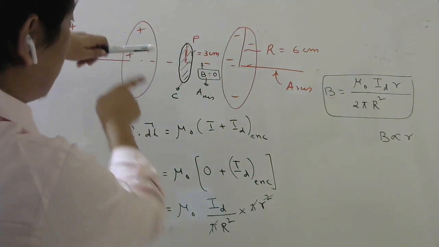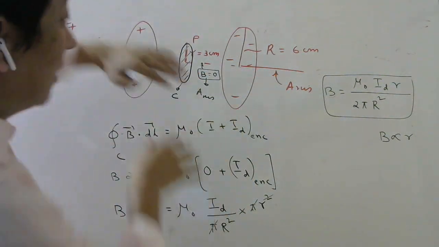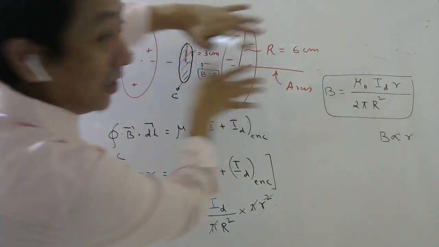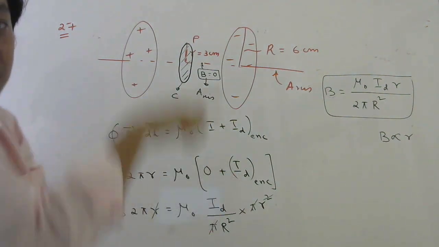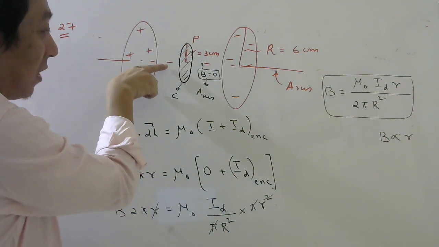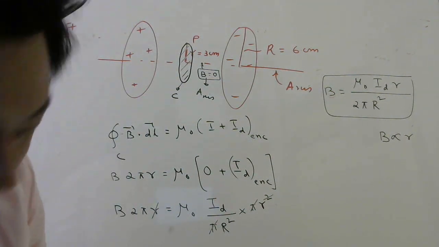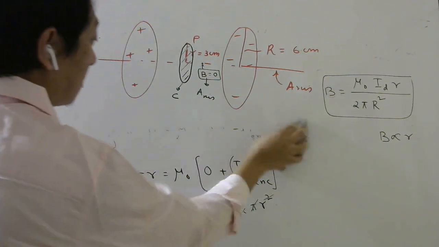So in other words, the displacement current here, or actually speaking, the change in the electric field here, will create this kind of magnetic field. So here there cannot be any magnetic field because it is magnetic around this. So here there is no magnetic field. Okay, so now let us substitute the values.